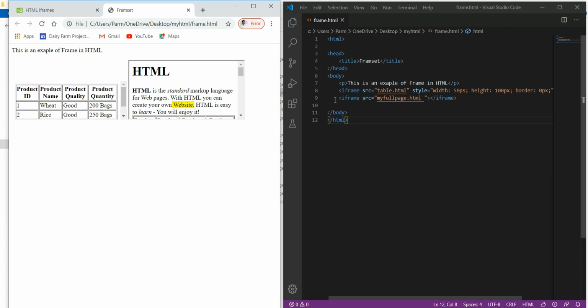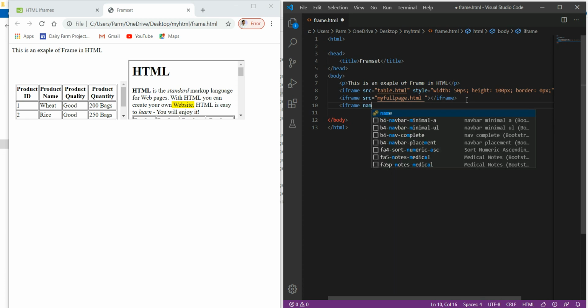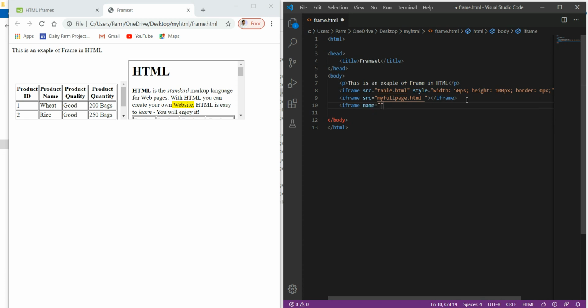Okay, just create another frame over here. For that I have to use the iframe element, and here I don't want to give a source that I want to display over here, but I just give the name to this frame as myframe.